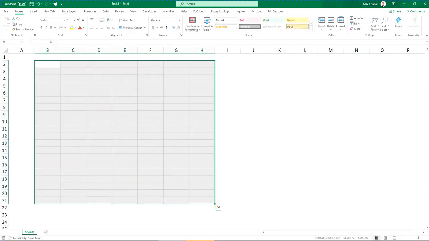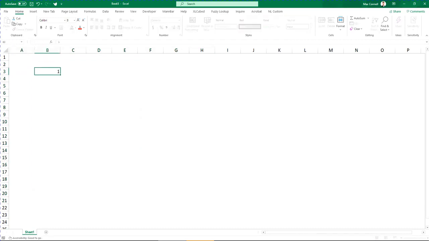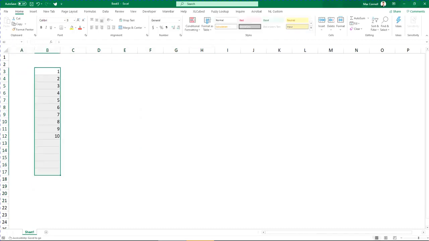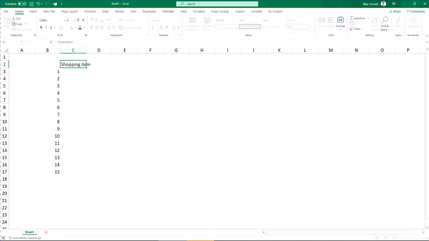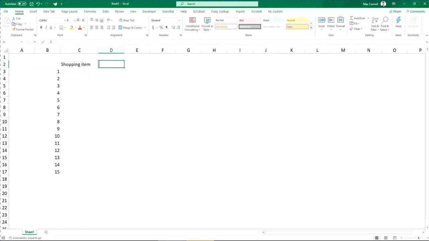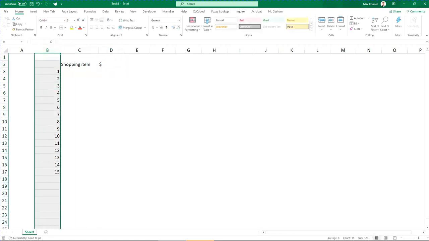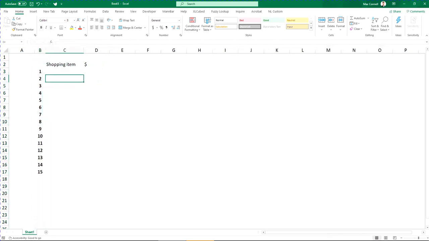But it's an easy way of doing a list. Let's say I just want to do my shopping list real quick. I'm going to bring this up like that, hold down Control, and then I can put my shopping item and my dollar over here. Maybe put some formatting over here as well. So we're going to make this centered and bold as well, and maybe shorten this column over here. And then what I'm going to do is type in eggs